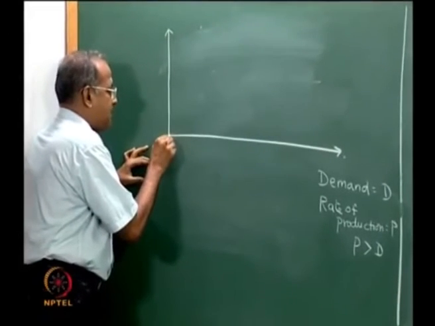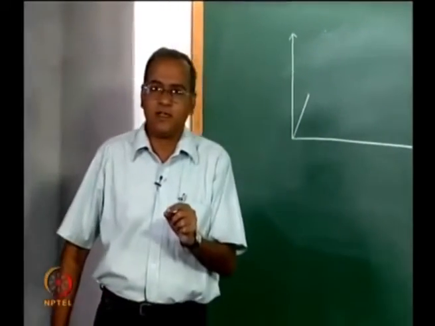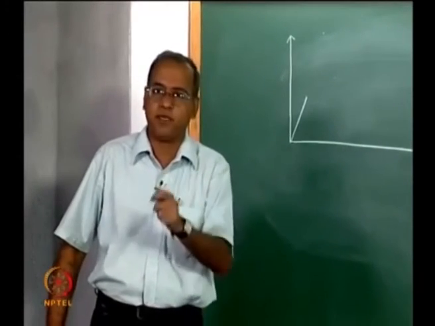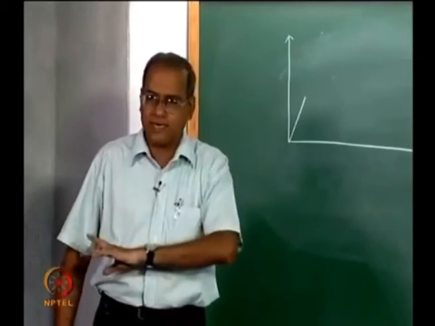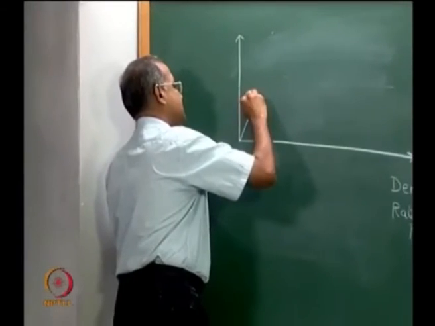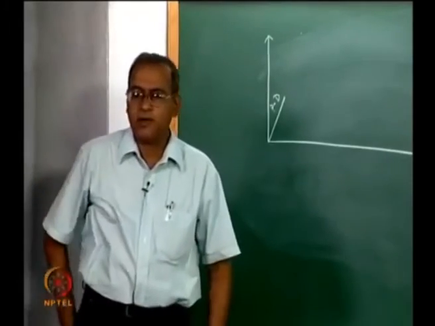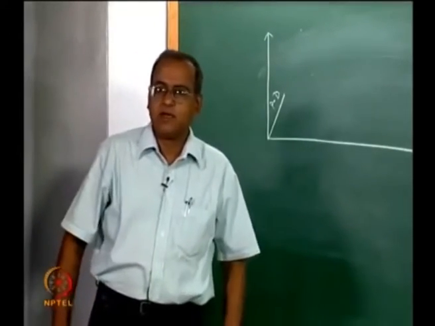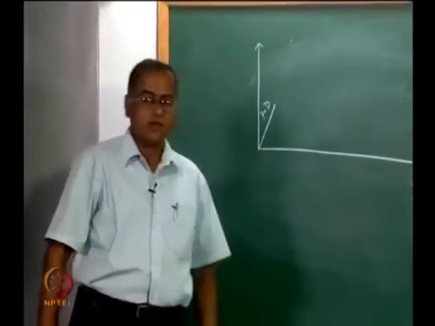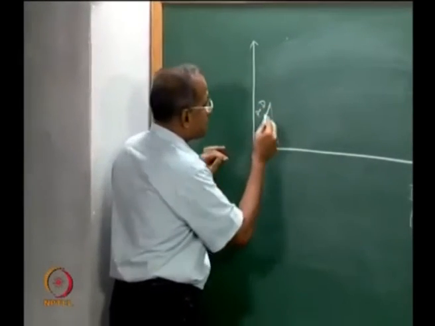So we produce this item, and as we produce we consume this item. Therefore, the inventory is going to increase at the rate of P minus D, because we produce at the rate of P, and while producing we consume at D. So the inventory buildup is going to be at the rate of P minus D. So let us say we build up this inventory up to a certain point, and then we stop producing this item, and then we start consuming this item only from the inventory that has been built up.